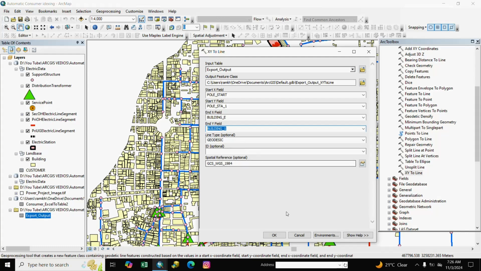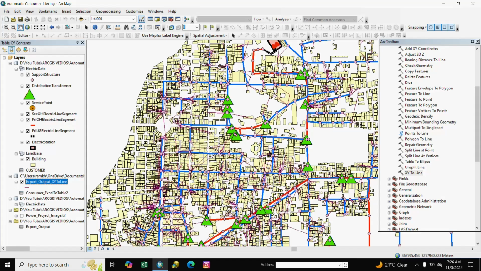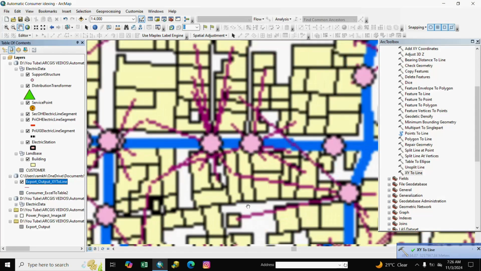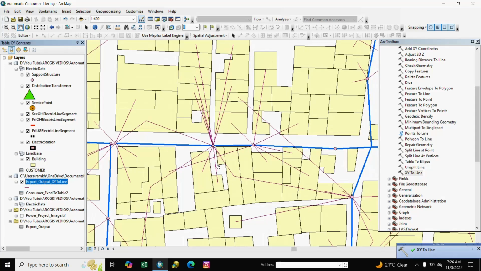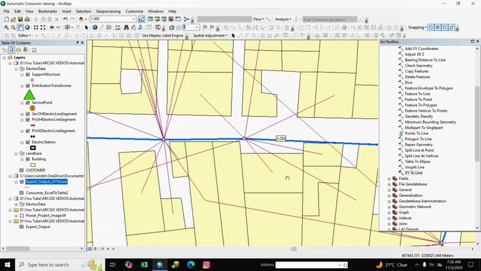Here we select and OK. You see here the line is generated, pole to building. The line is generated.